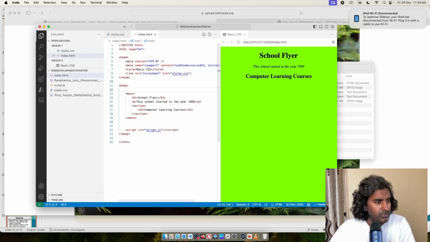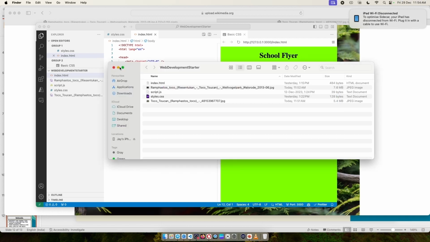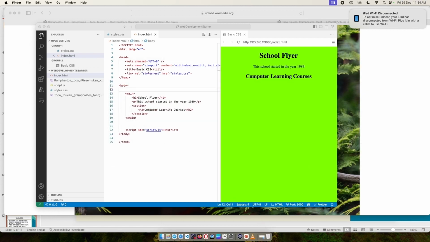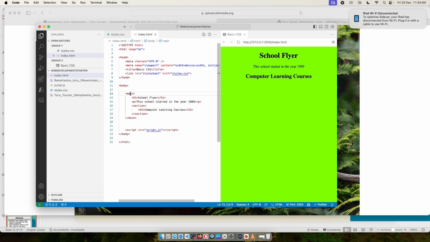Next, I want to start manipulating the style. Let me just remove myself from the screen so you can see the entire screen. There you go. And let me just minimize this. Okay, that's good. So go to the style section. You'll see on the left side there is a style section. This is what we are going to manipulate right now. So we are trying to update the main tag.